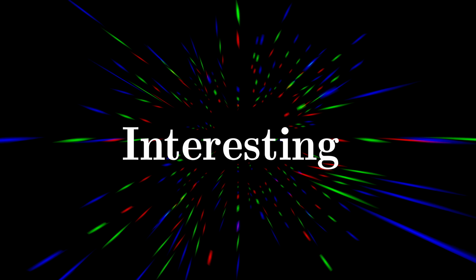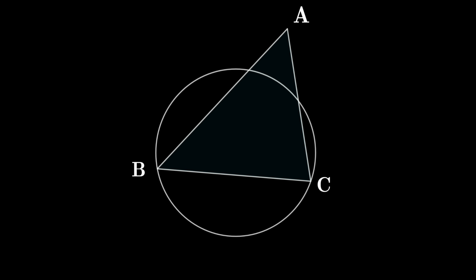So today we have an interesting geometrical problem. We take a circle, now we draw a triangle ABC this way. Now we can see that at 2 points the circumference of this circle is meeting the side length of the triangle. Let the 2 points be labeled as P and Q and draw a line segment joining these points.